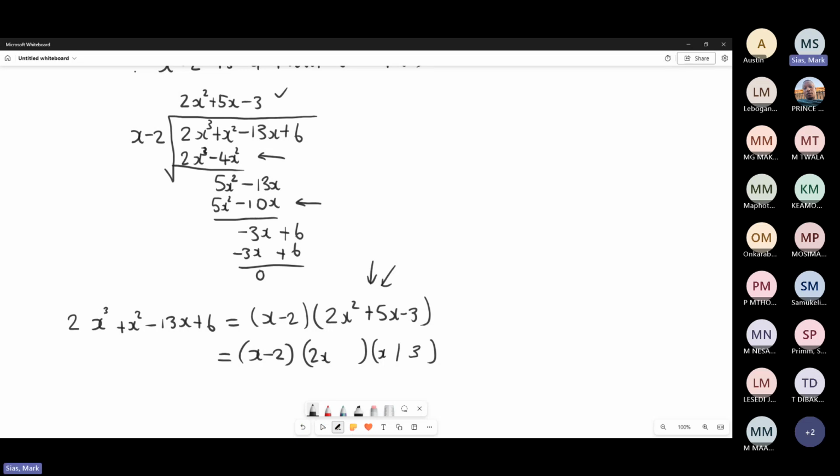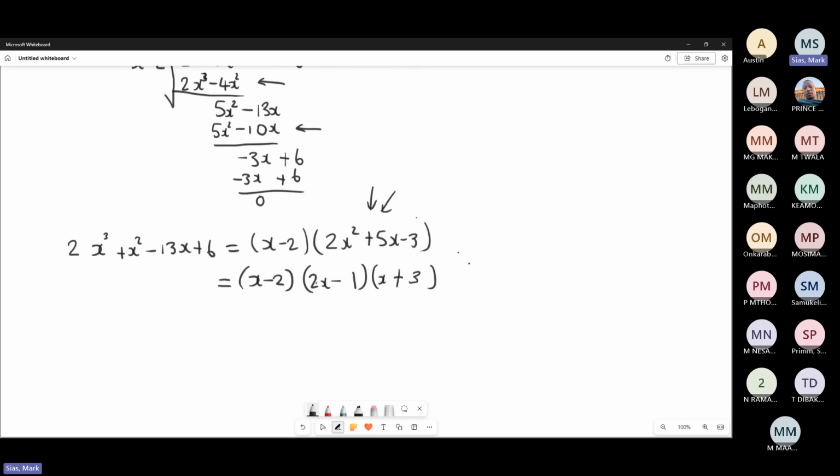Right, and there's a plus. And here I can put the 1. Let's just check if it works out here. So let's see if we can get the top part there. So 2x times x is 2x squared. The middle term is minus x plus 6x gives you 5x. And then minus 1 times 3 is that. It's equal to that. So clearly, for this to be equal to 0, x equal to 2, or x